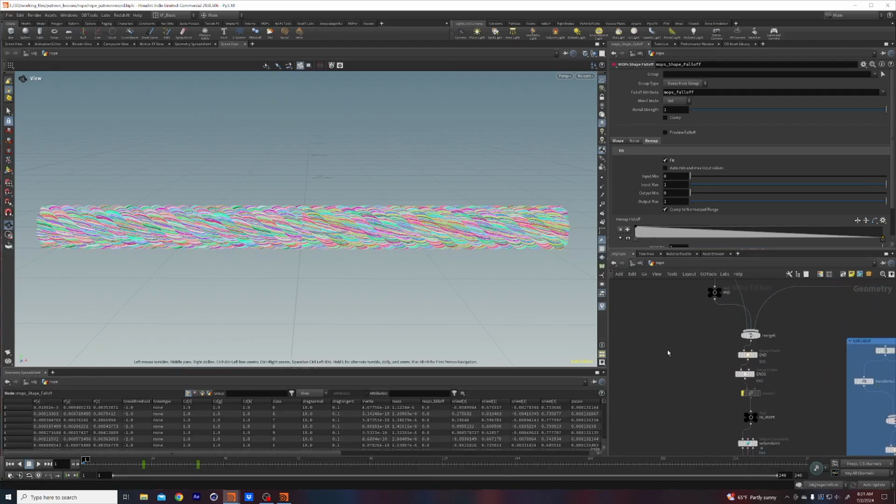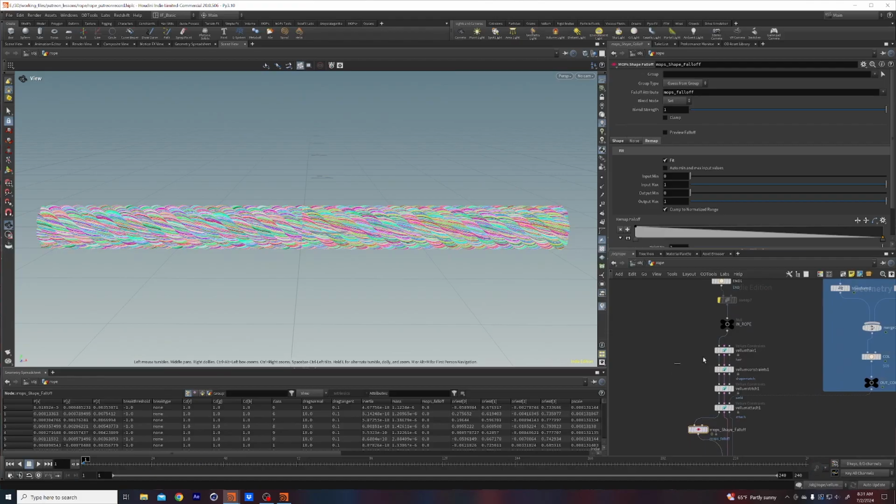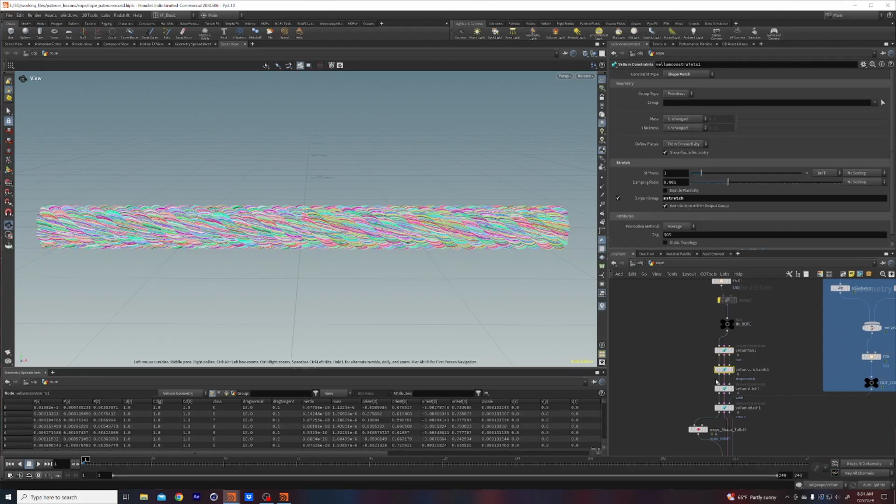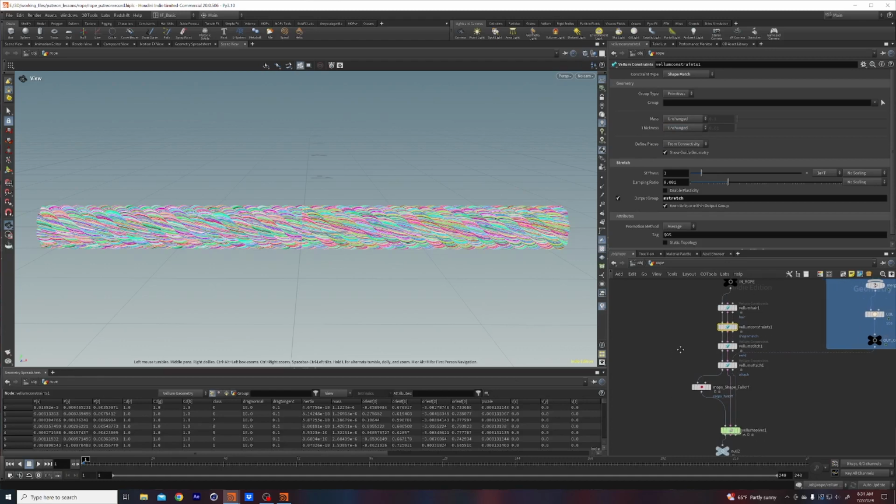Okay, and then in the Vellum hair, I made the edge length scale back to its default, and in the Vellum shape match, I turned off the thickness. I just set unchanged, and that seems to help so far. Okay, so that's cool. We got that working. The next thing we need to do is figure out how to create a force that's going to make this sort of explode outwards as it